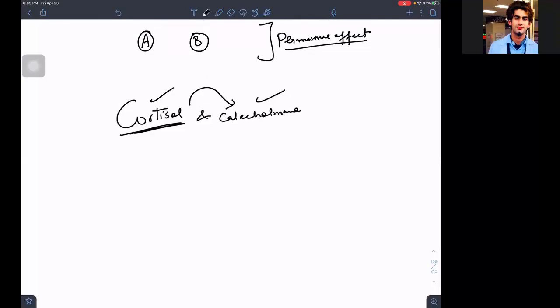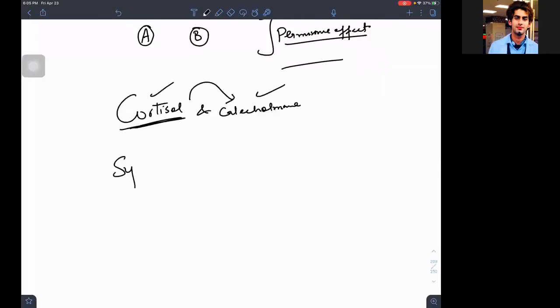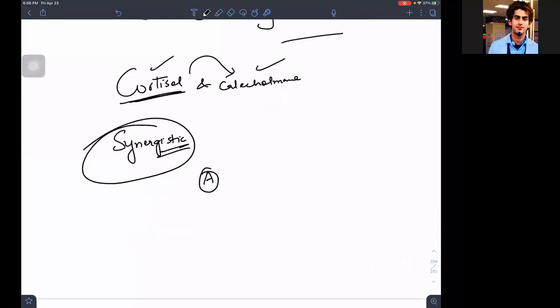The second effect was additive, this was permissive. Then there should be something called synergistic effect. Synergistic effect means I have a drug A. This is where you get into confusion, with synergism. If I ask you what is the difference between synergism and additive effect, you will say, sir, it is one and the same thing. Even people in their videos say that additive effect is equal to synergism, and they flip these things. They say these are one and the same thing, but it's not. Right now you'll understand why it is not.